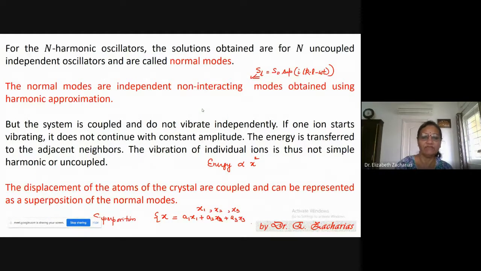And finally we define something called the normal modes. Here we had made an assumption that these n independent oscillators, these atoms, are independently oscillating, and we arrived at n equations describing the oscillation of each of these atoms. These are called the normal modes. But then our assumption is wrong. These are not independently oscillating. There is an orchestrated oscillation. So the real solution is going to be a linear combination of the independent solutions, or a superposition of the normal modes.